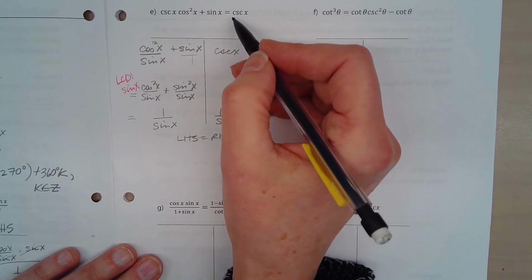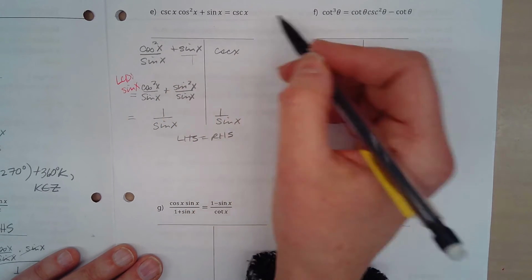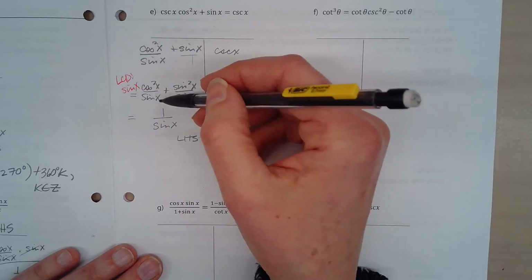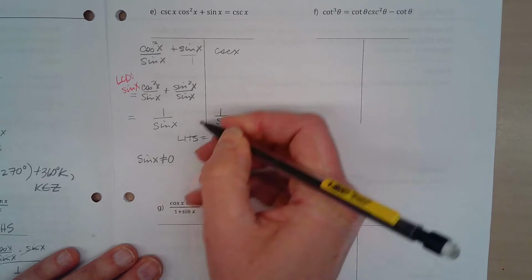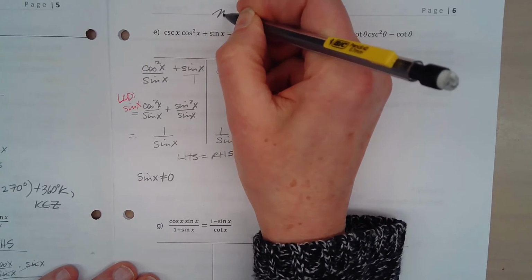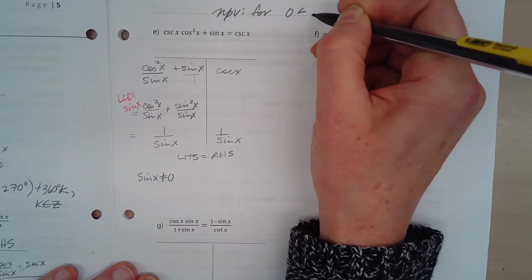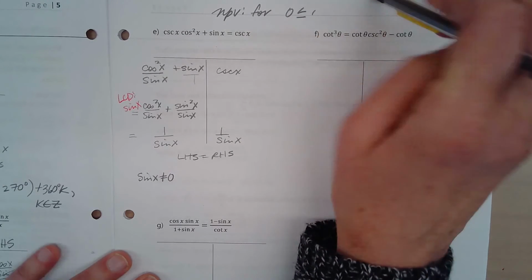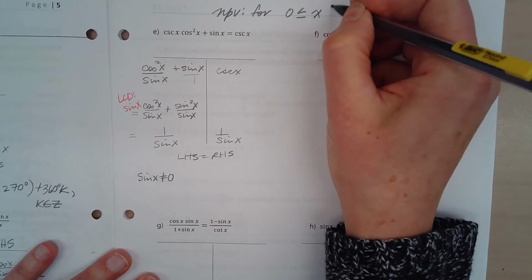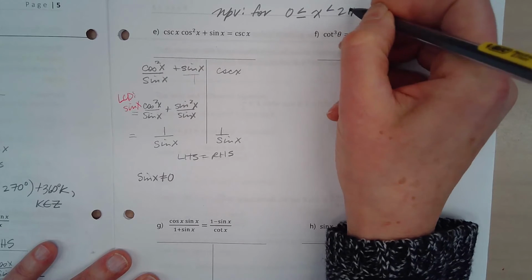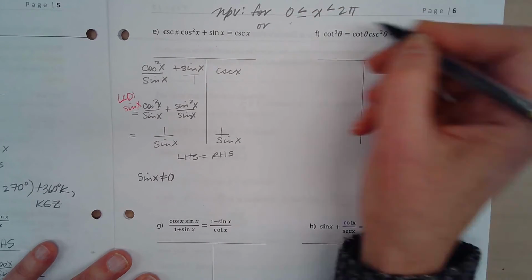Let's do our non-permissible values. Do you see any non-permissible values here? I have one denominator, so sine of x can't equal 0, right? I'm going to make a little ruling here. Let's do the NPVs for 0 just, I guess it's not theta, it's x. Let's just do from 0 to 2 pi, or 0,